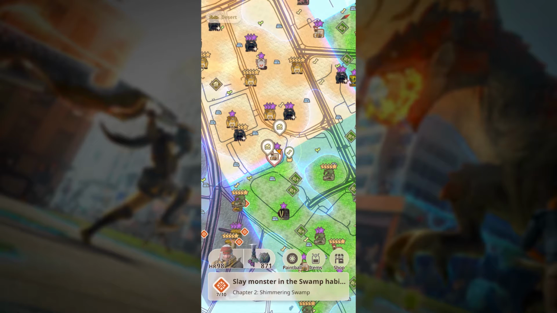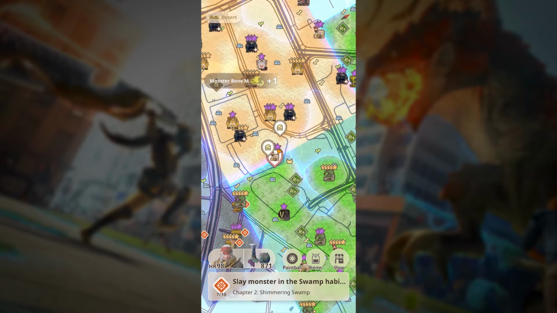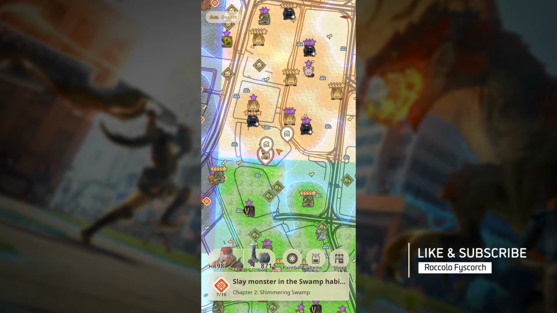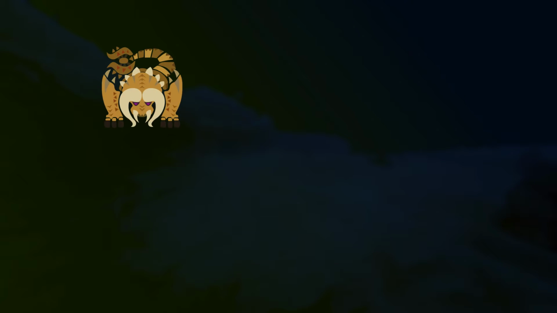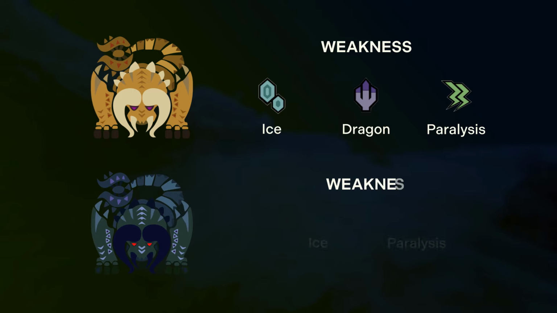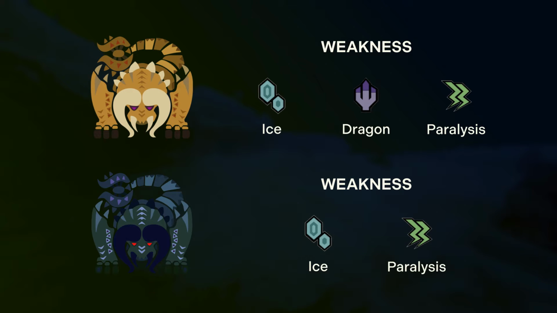The Black Diablos weekend is here, and if you are planning to hunt down these feisty monsters, it might be worth taking a deeper look at things that can be useful in the battle. Let's start with the basics. Black Diablos is weak to ice and paralysis, so it will be extremely helpful if you have these elemental weapons